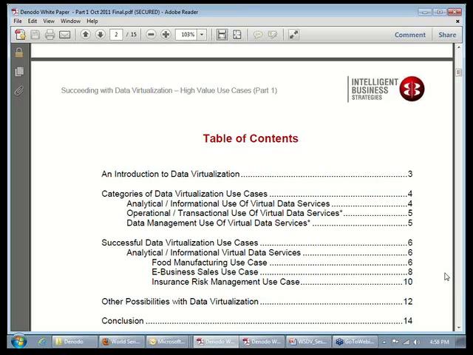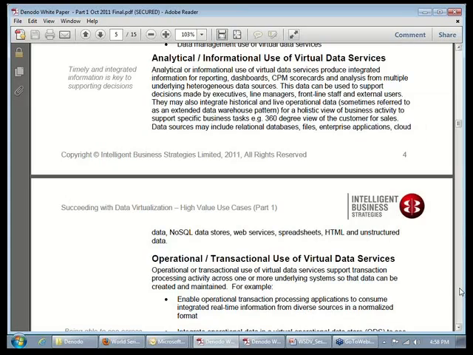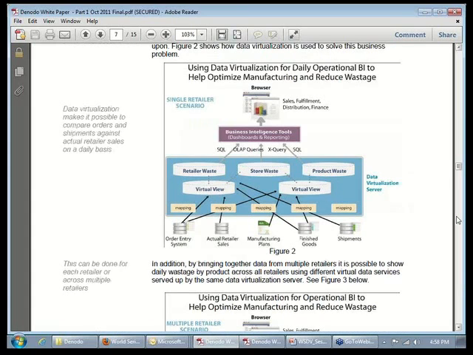So you will find a description of what it means to be an analytical or informational use, operational use, or data management use. And in the first paper, Mike has focused on analytical and informational virtual data services and use cases. The first such example is in the area of food service, which is a very fast-moving industry where business intelligence about retailers, their demand situation, the goods in transit, as well as the manufacturer's inventories are critical to avoid wastage. And Mike explains very clearly through diagrams and the text